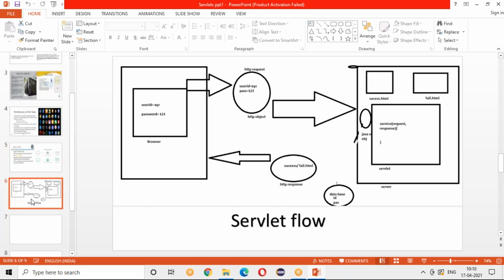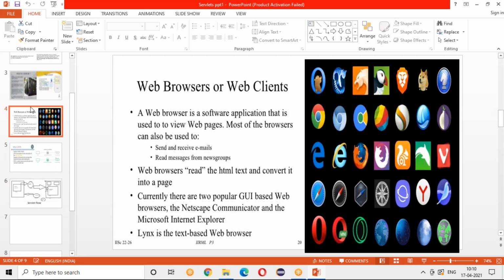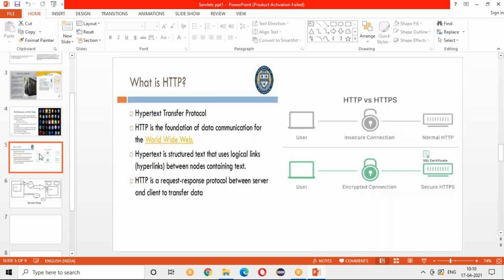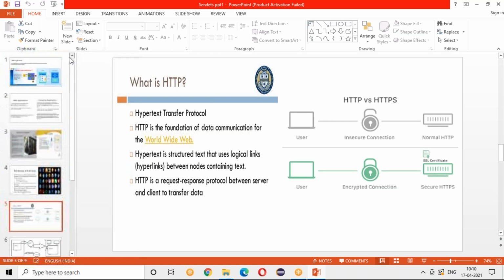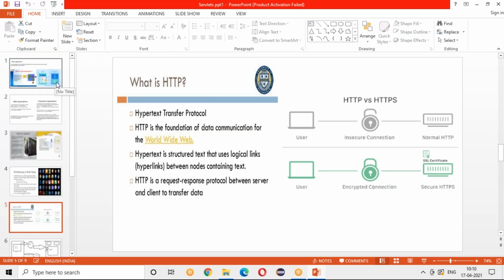Hope this is clear? Are the terminologies and everything clear up to this? Any queries?